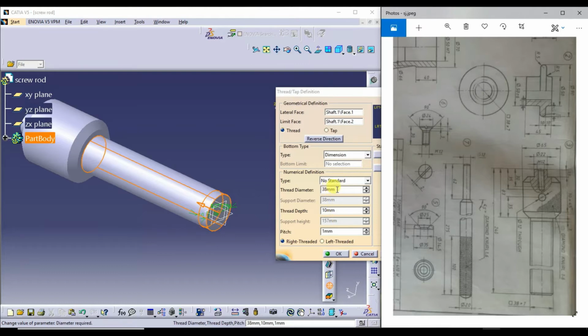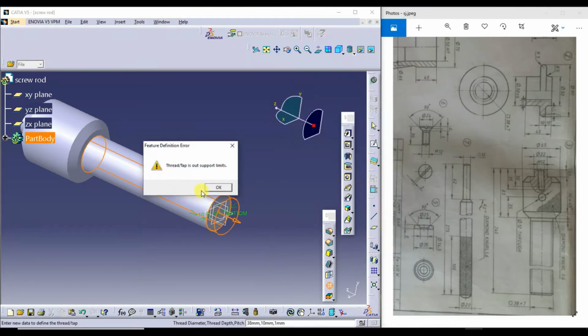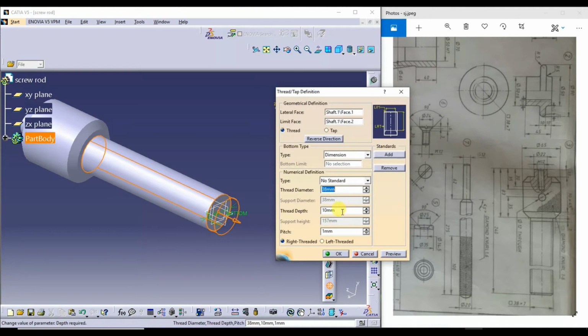Here thread diameter is 38 and this is the depth. That depth is up to here somewhat. Okay. And you'll enter thread depth 240 minus 83 minus 3, 3 mm here.